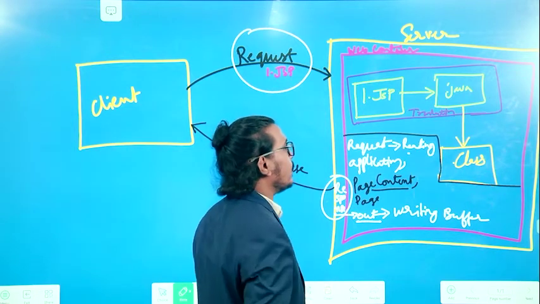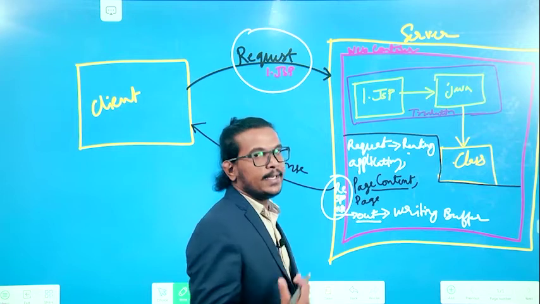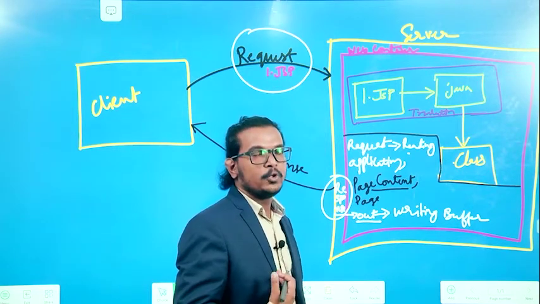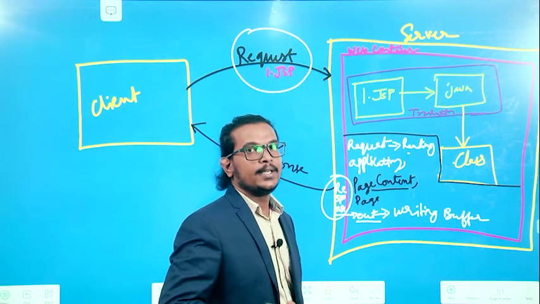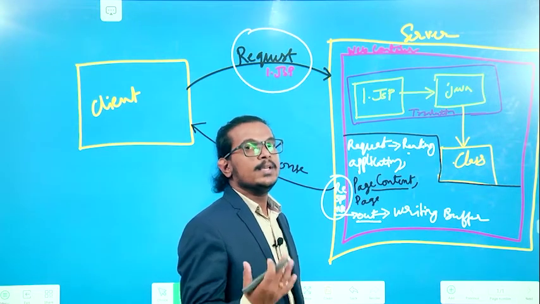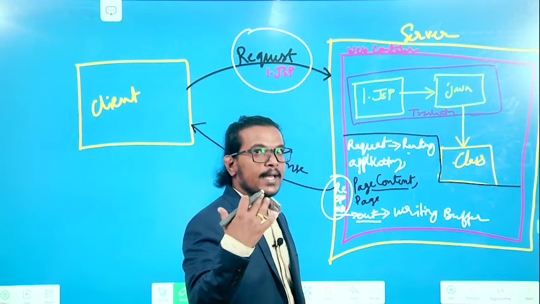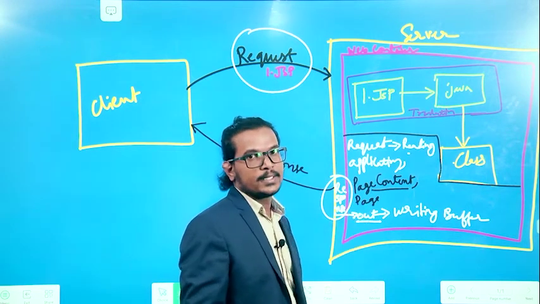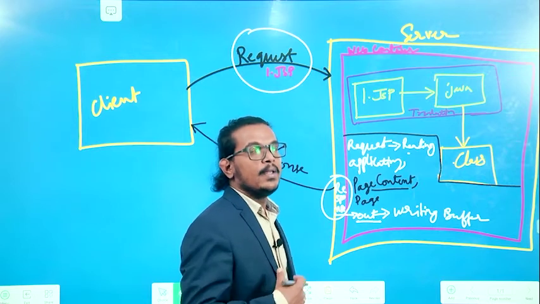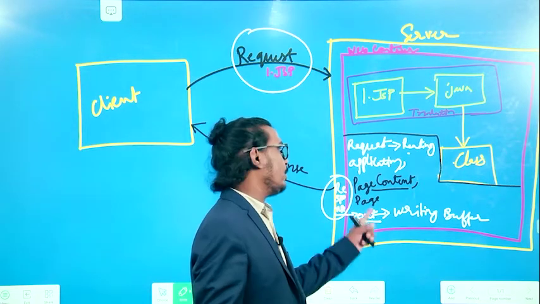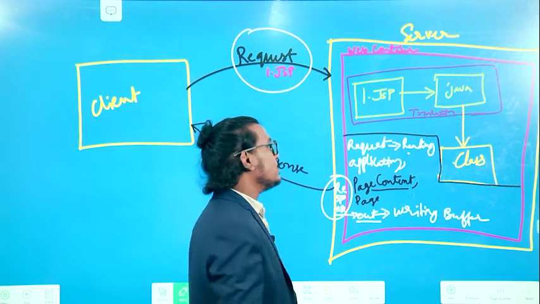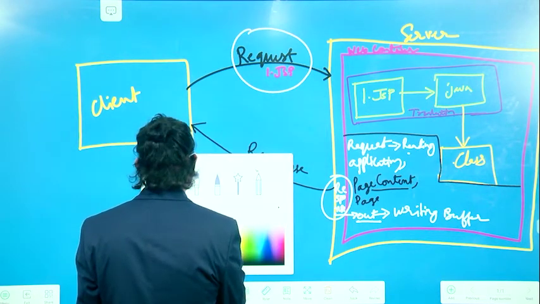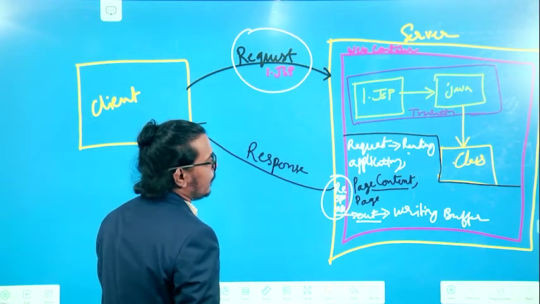With the help of this page context object, we can get the data with the help of the application object, and also we can get the attributes of the session elements. With the help of the session, we can retrieve the session attributes in page context. And also we can get the current page information with the help of the page context. So that is the use of this page context.